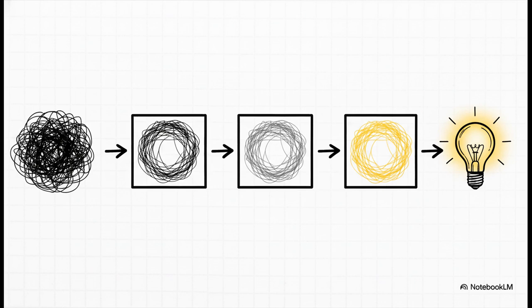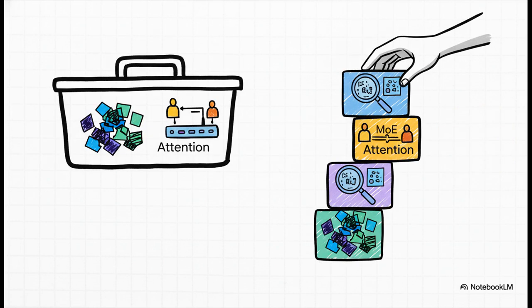So what this all tells us is that understanding for an AI isn't some single flash of insight. It's a process. It's about iterative refinement. Each block takes what the previous block figured out and adds its own new layer of understanding, refining the data step by step until a final answer can emerge at the very end. At the end of the day, what this code really shows us is that flexibility is the secret sauce here. The ability to mix and match these components, to tell one layer, hey, you, ignore word order, and tell the next layer you get a whole team of specialist engines,